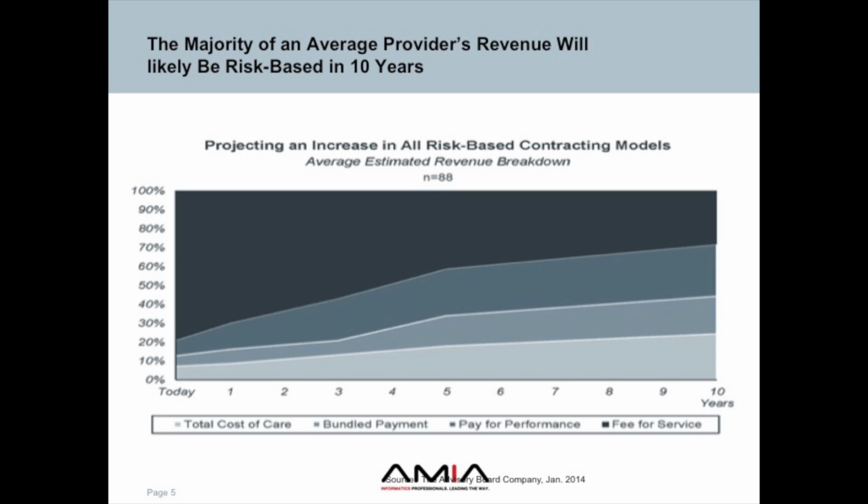You get over to the far right, and the payment they receive is dominated by various types of mechanisms to reward for high quality, reward for efficiency, reward for a variety of things, or punish it, frankly. And there's this real mix and series of species of payment mechanisms. There's bundles, there's episodes, there's shared savings programs, accountable care organizations, never events, readmission rates, this amazing series of species that are being added to the core.